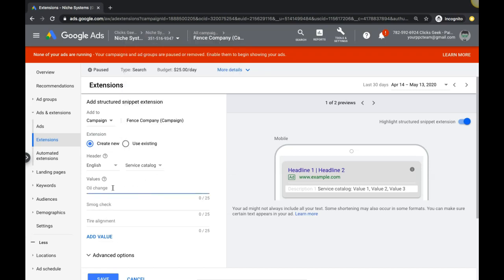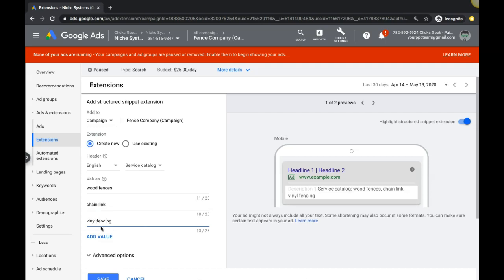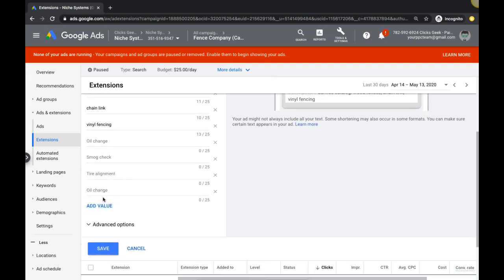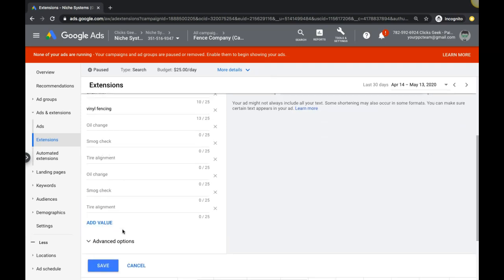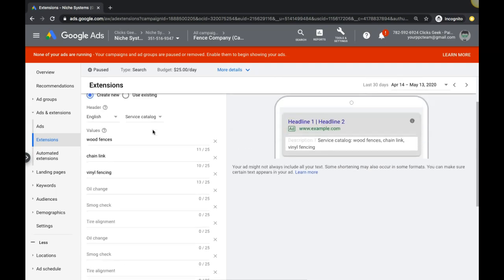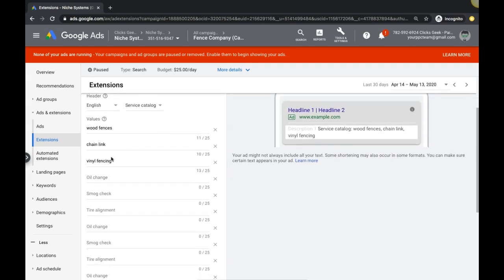So let's say we're in a fencing campaign, so we could do wood fences, chain link, what's the other type, vinyl fencing, etc. You want to add as many as possible. I think it lets you, yeah, so it kind of caps you out here. So you really do want to put some thought into this and add as much as possible, because